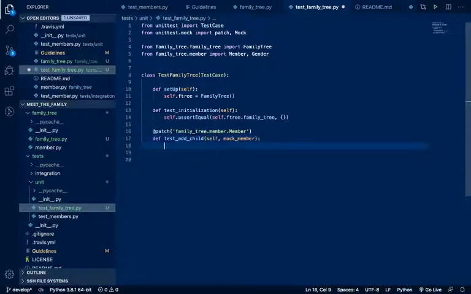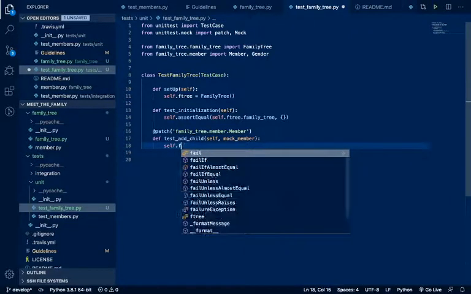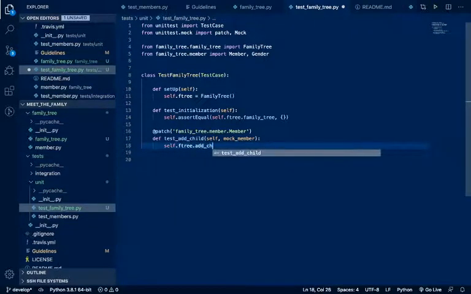So the first thing that's going to happen is mock member when we say self dot f-tree dot add child is called with nothing. This will basically give us an error,